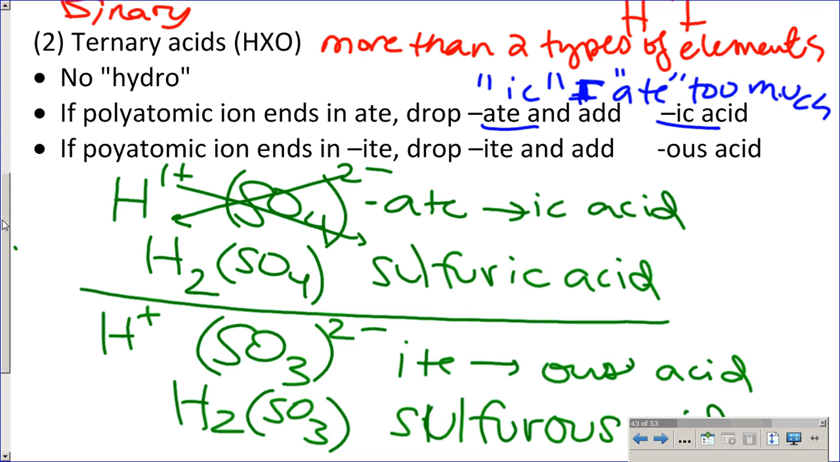So deal. So ite and ous go together. So I've got tendinitis. Yeah, that's all we got. That's what we got to work with. Okay, so come up with something better for me. But that's how you remember the acid rules. Ic, I ate too much. Ic and ate go together, and then itis. I got tendinitis, and ite and ous go together. So let's